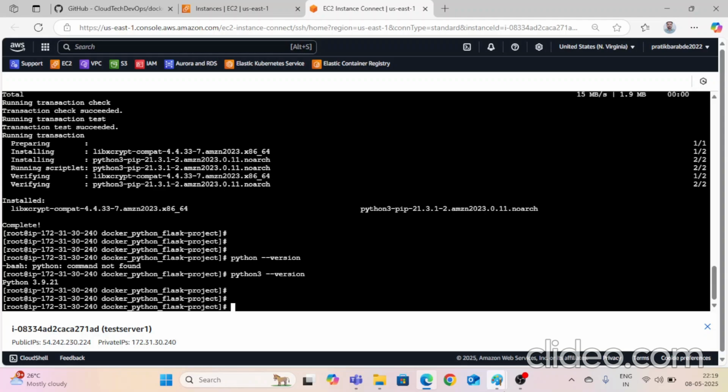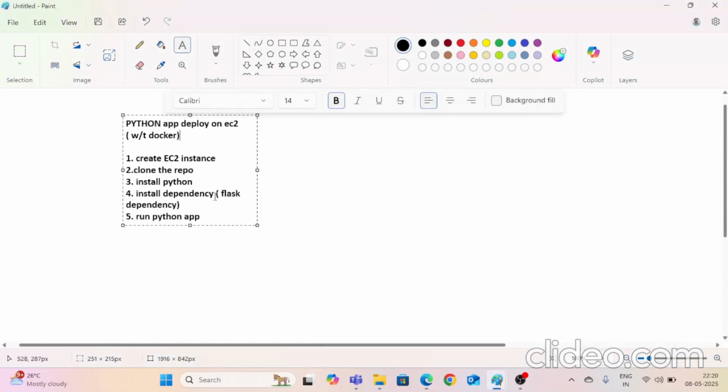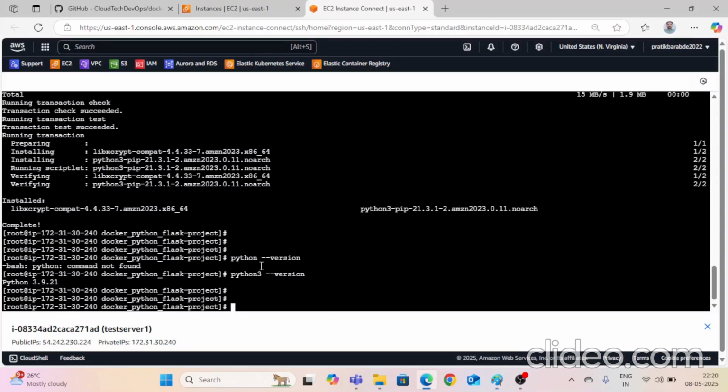So what is the next step? Create the EC2 instance is done, clone the repo is done, install the Python is done. What is the next step now? Install the dependency. Okay, so we need to install the dependencies before we actually run the Python code, right? I already told you that pip3 will be the environment for running the Python code. Okay, so pip3